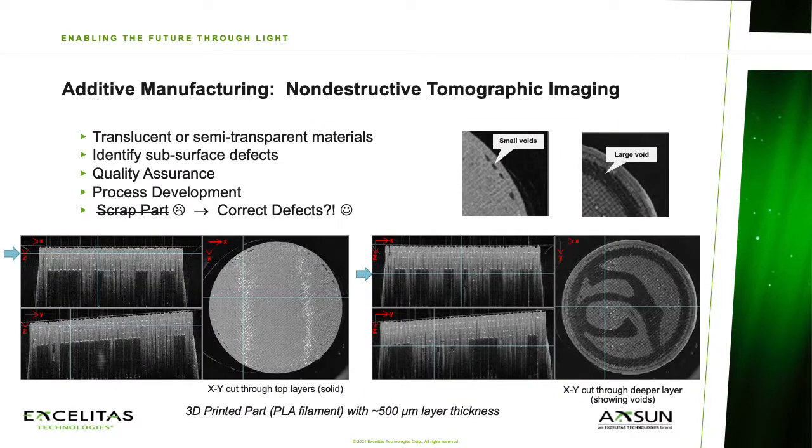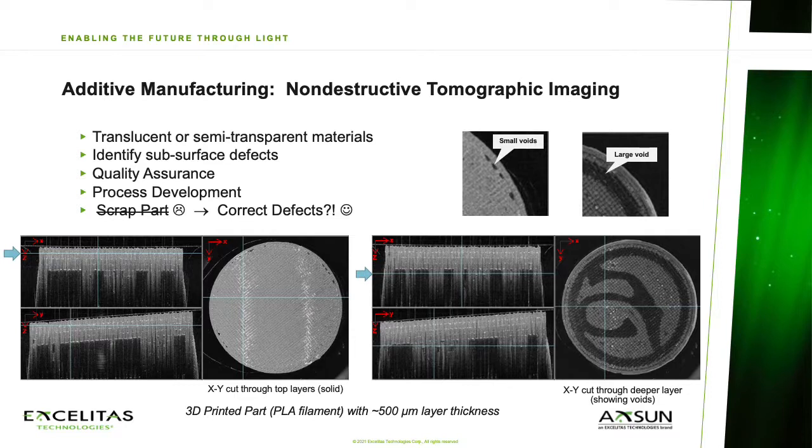Another area where OCT has utility in additive manufacturing is for non-destructive tomographic imaging of translucent or semi-transparent materials like polymers. We show here how a 3D OCT dataset can be used to identify subsurface defects or voids in a PLA filament extrusion part. The XY images are reconstructed at different depths corresponding to the horizontal blue cursors in the